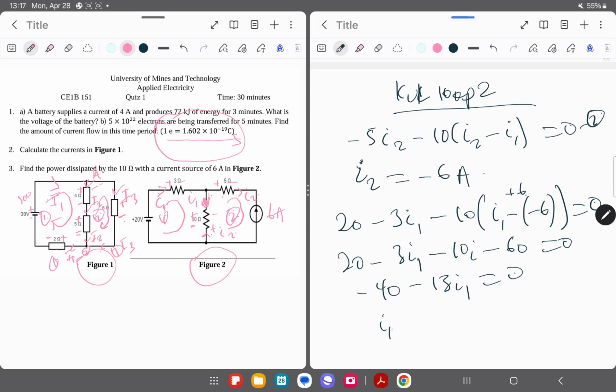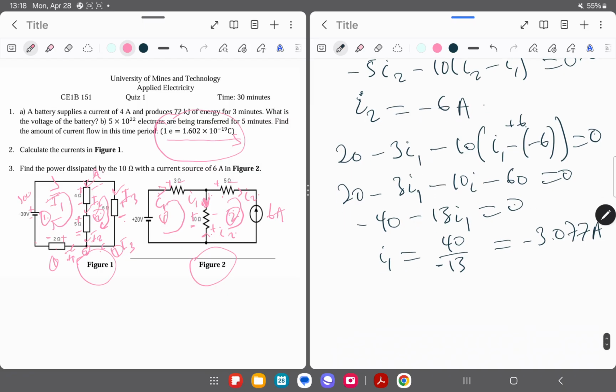So you get I1 equals 40 over minus 13 rather, right? So this will give us minus 3.077 amps for I1. So I've gotten I1, and then once I've gotten I1, remember we are interested in the current